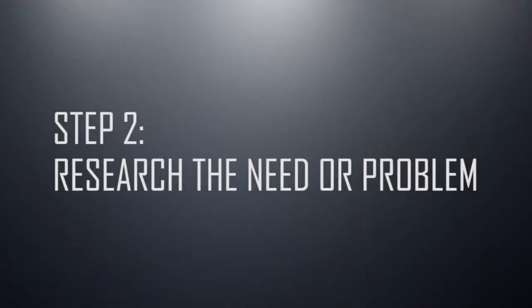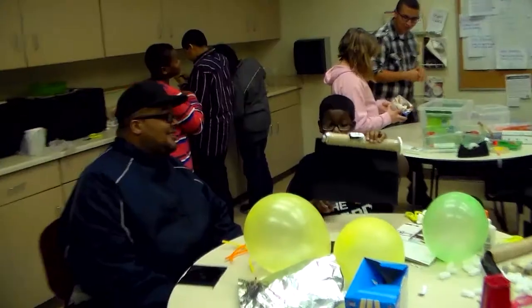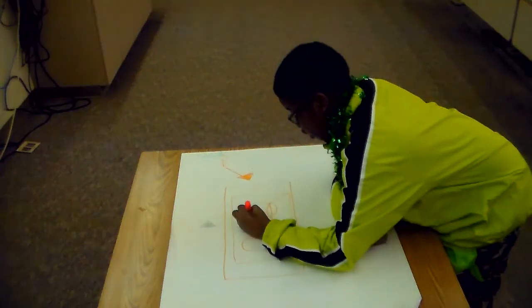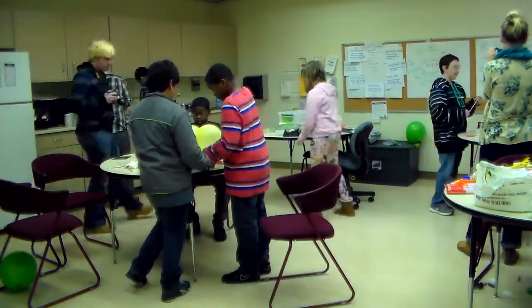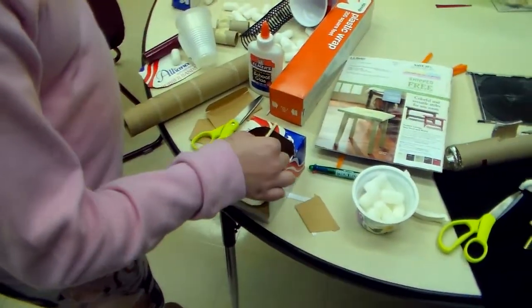So first we just started going through random materials, seeing what would work, what wouldn't, what would fit, what was too heavy. And we started thinking of ideas. We got a piece of paper. Individually, we sketched an idea of our ship, what it was going to look like. Then we started exploring possibilities by trying new things, like every single material that we could to make it more